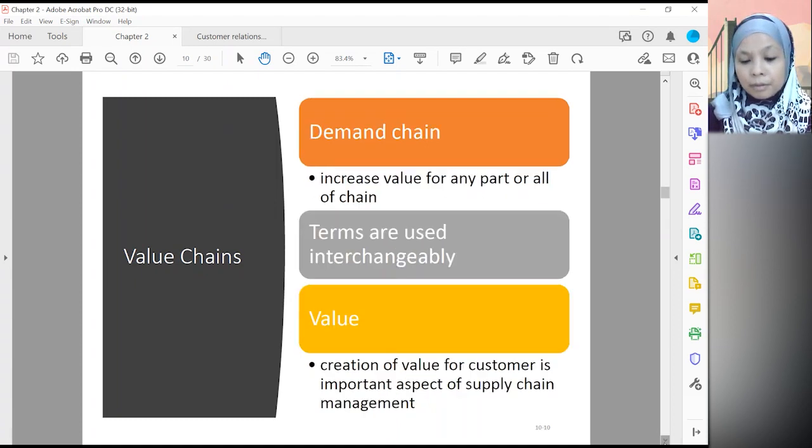Boleh, Madam. Alright. Okay, so value chains